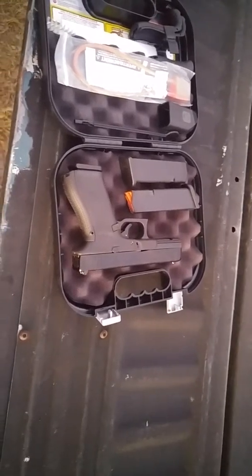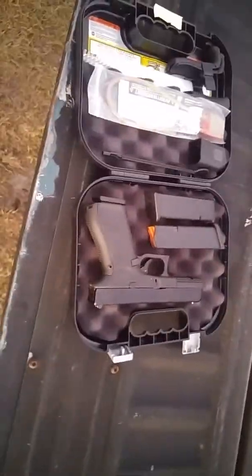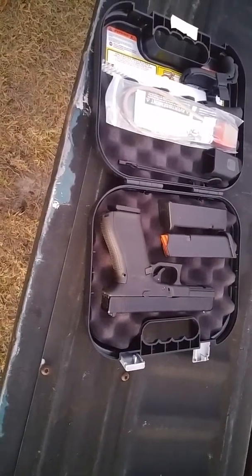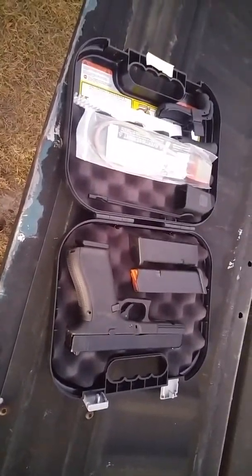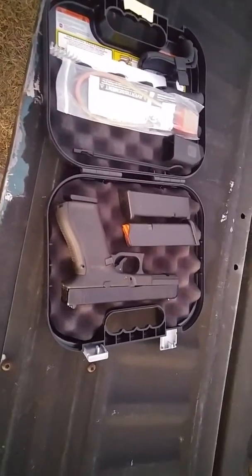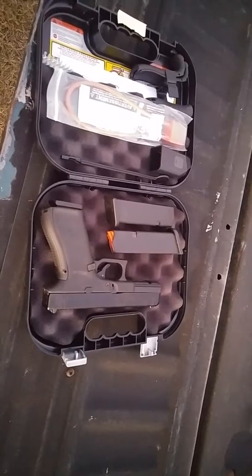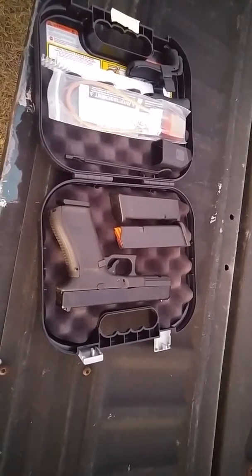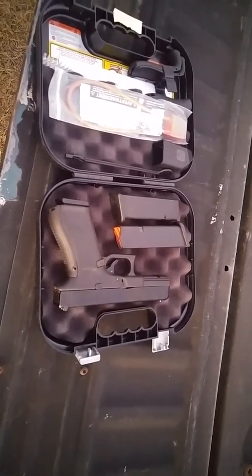Full-size 9mm might not be for everybody. It may meet your needs. This one offers a 17-round magazine capacity, 18 if you count the one in the chamber. Comes with 2 spares, so you're going to have plenty of ammunition on board. Where the 9mm is really good is in a couple of areas. Number one